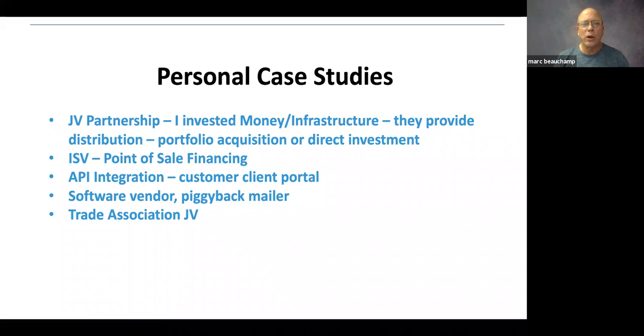And I realized what would work in a lot of cases is if that guy was thinking of going out on his own, why don't I set him up? Why don't I do a JV partnership with him? I'll give him the infrastructure. I'll invest money in his endeavor, and we'll come out to a split that makes sense for everyone and let him go out and open up his own business. So I did a lot of joint venture partnerships with potential sales agents that I had. Many times they would go off and try to do it on their own and they would fail. They didn't have the money, the capital, they didn't have the infrastructure. They'd come back and come to work for me again. But a lot of times I'd invest money in those people to get them going.